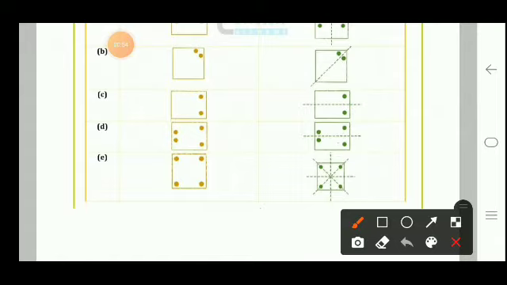So we can easily see here that for the C part, this is the line of symmetry, and for the D part, this is the line of symmetry. If we do paper folding also, we get a line which divides the given figure into 2 equal parts. Likewise in this E part, this is 1, this one is 2, this one is 3, and this one is 4 lines of symmetry.